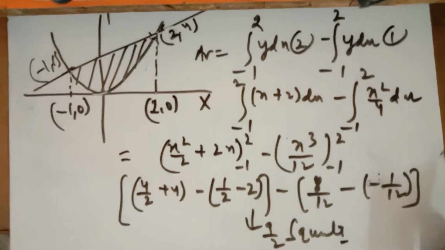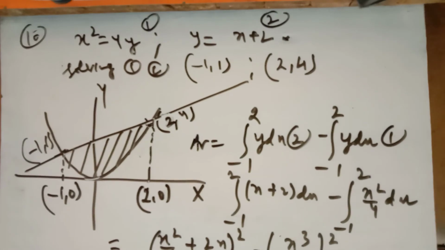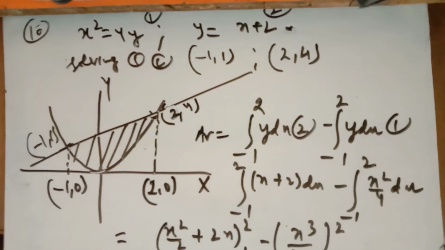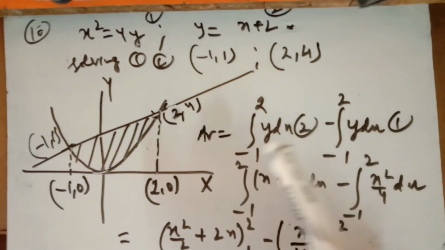So this is the area bounded by these two curves. So as usual, when you have two curves, first of all you have to check what these two curves represent, then find their point of intersection by substitution method or any method you can use, and then sketch the curves as usual, shade the area you have to find, then draw a perpendicular on the x-axis or y-axis, then you have to find from which curve you have to add or subtract to get the required area.